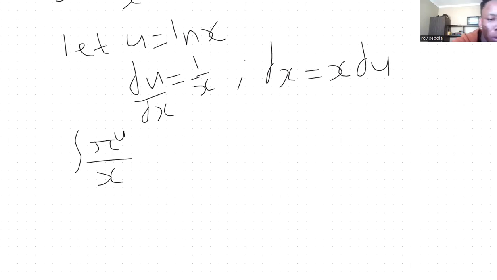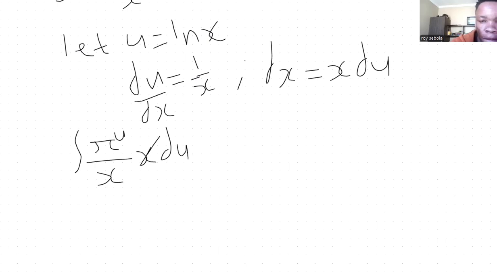Not the x, I need to write du. From here, this x will cancel this x. Therefore, we'll be remaining with the integral of pi